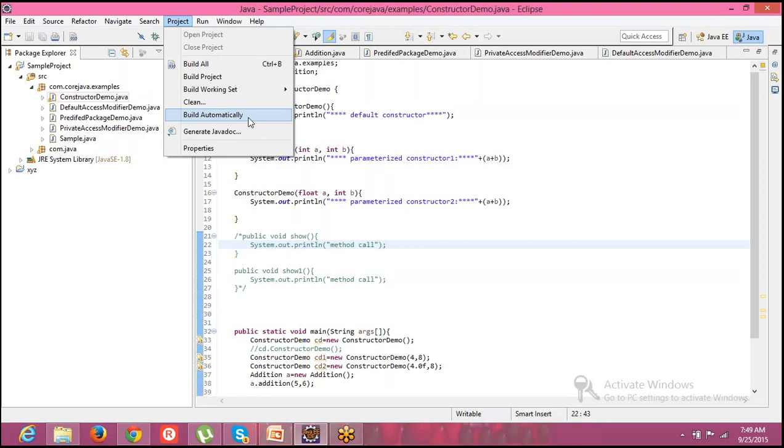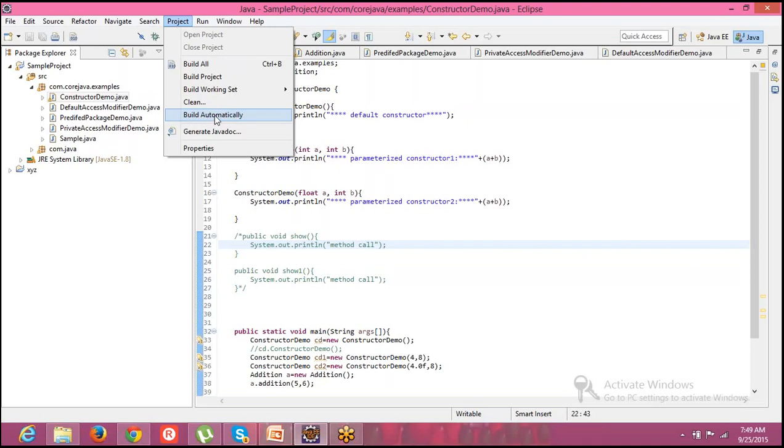That means we are not compiling our program; compilation is automatic. Compilation being automatic is nothing but build being automatic.